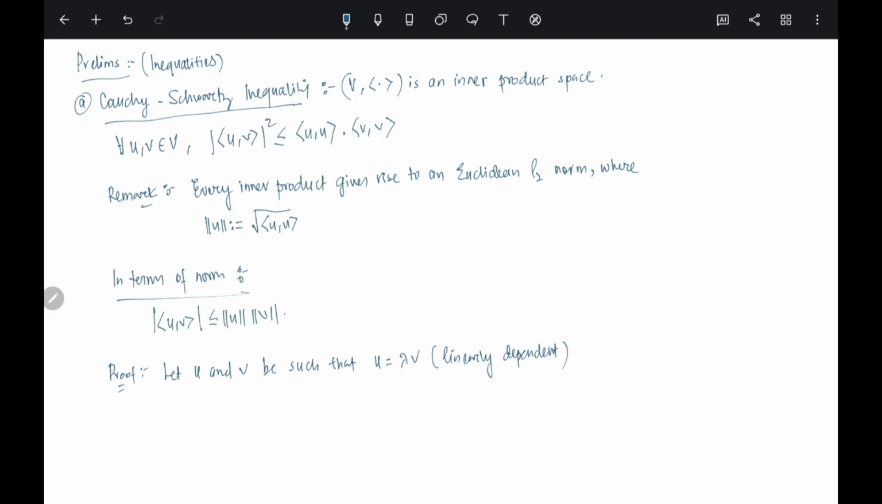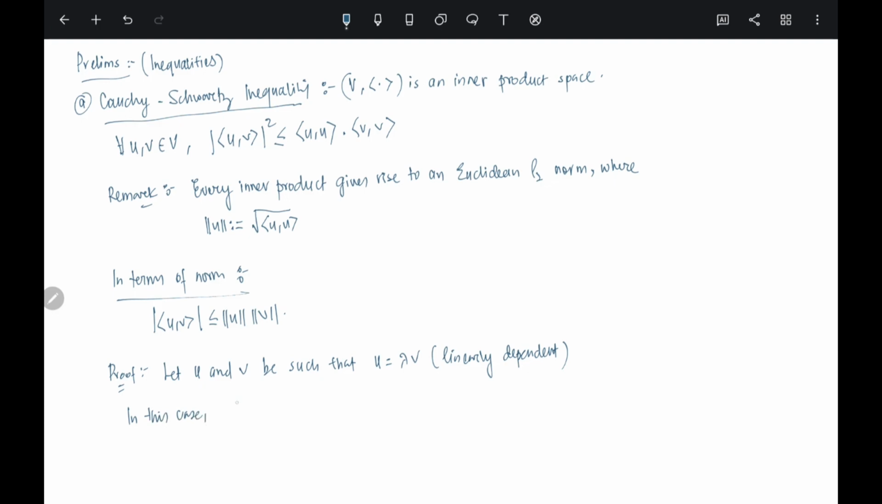Please understand what we are trying to do here. For any two vectors u and v, we want to prove that the square of the inner product of u and v is always dominated by the inner product of u with itself times the inner product of v with itself. And any two vectors u and v are either linearly dependent on each other or linearly independent. The first case is that they are linearly dependent, so u equals lambda times v. So in this case,